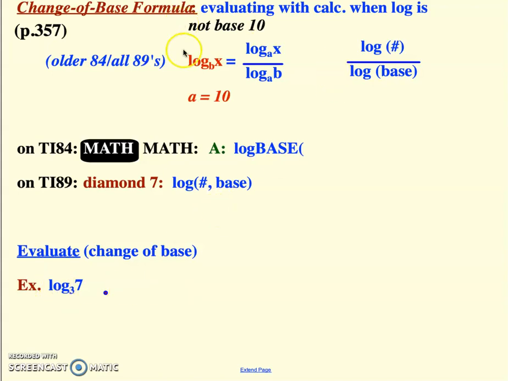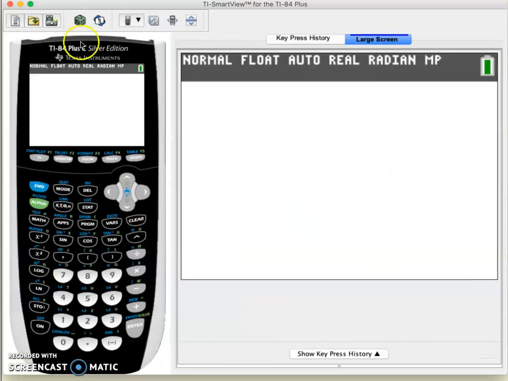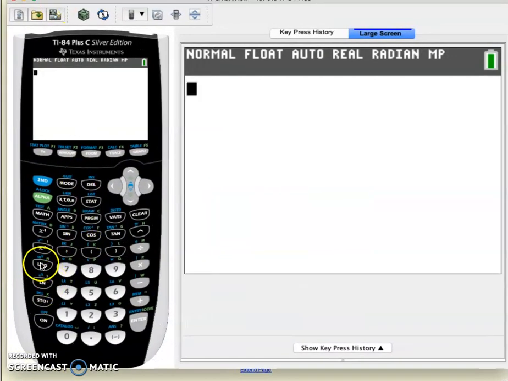So there's a rewrite. You can take any log expression of any base and rewrite it as log of the number over log of the base, and that's how you want to do it. So log of the number over log of the base. You still have to go to your calculator. So here's the thing about doing this in your calculator. If you type in log 7 divided by log 3, which I'm just going to do quick,